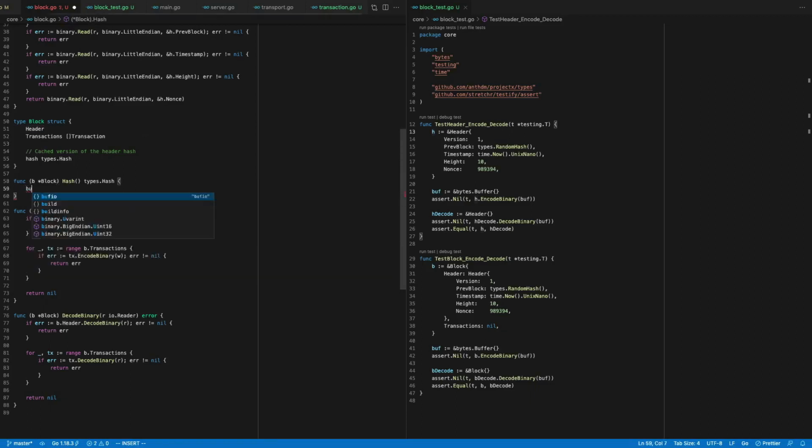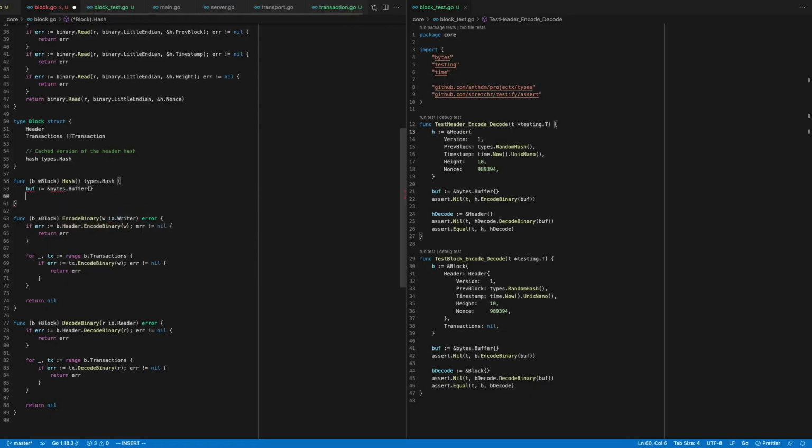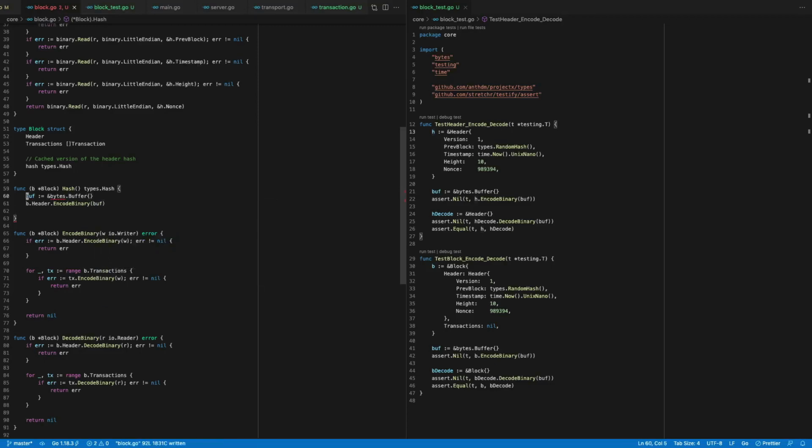Okay, so what we need to do is we need to make a buffer first, like we did in our tests, and then we need to encode the header like this into the buffer,